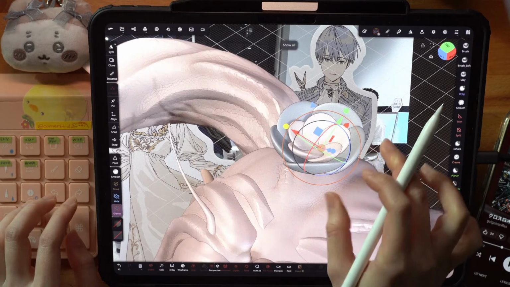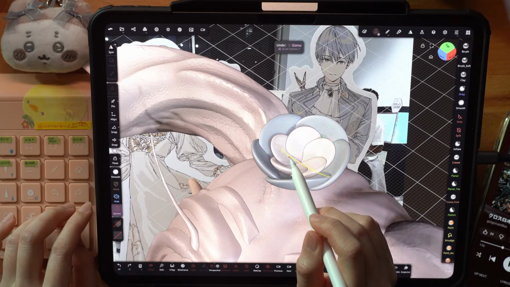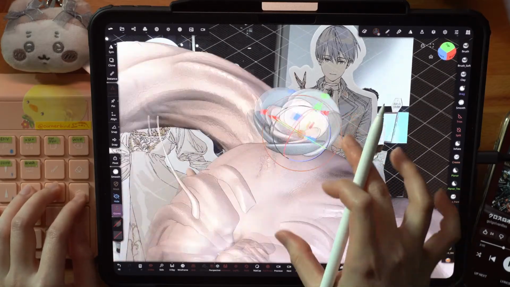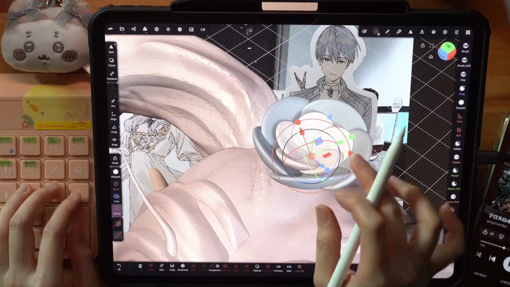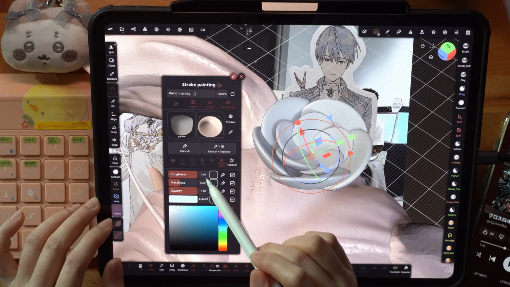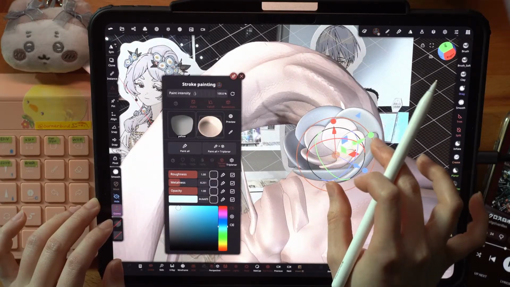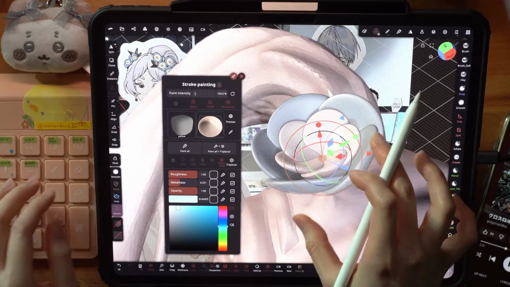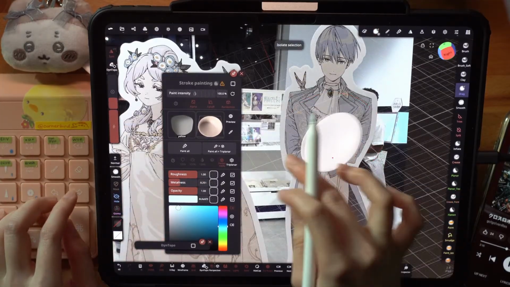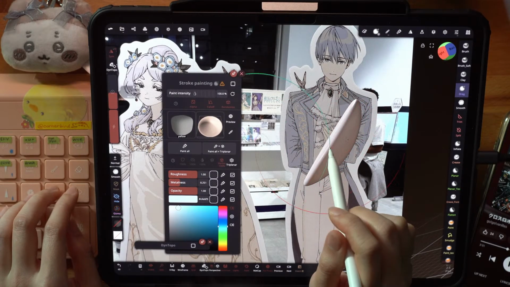Just like widen this up. And now I will create some ridges for this. So let's make it a little bit thinner